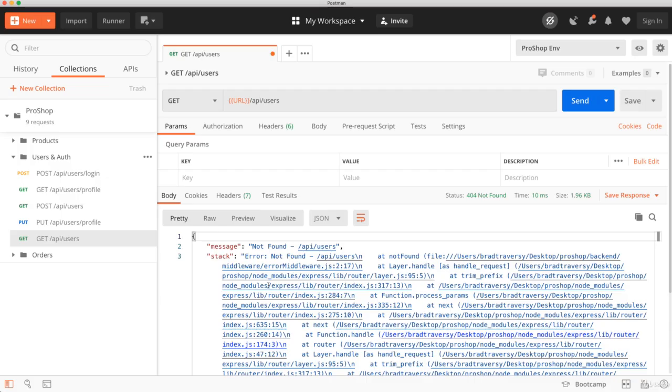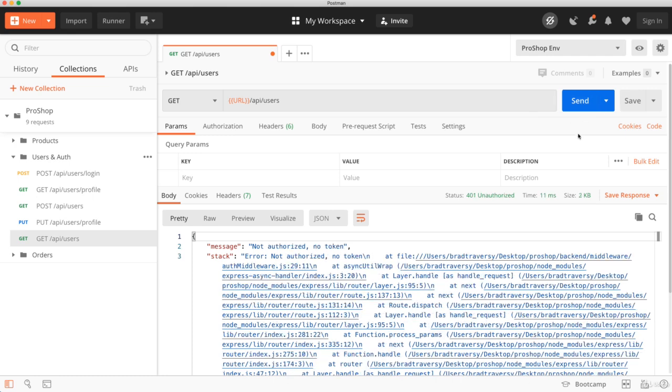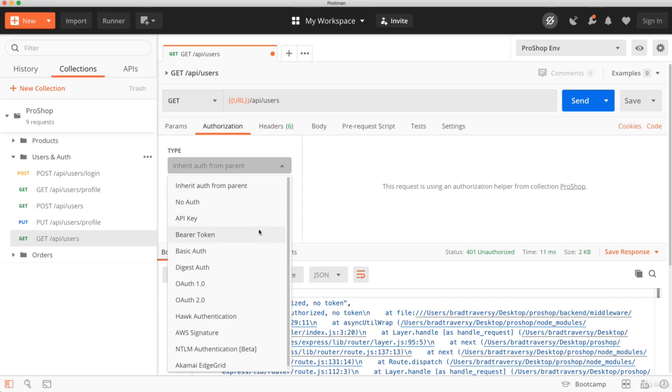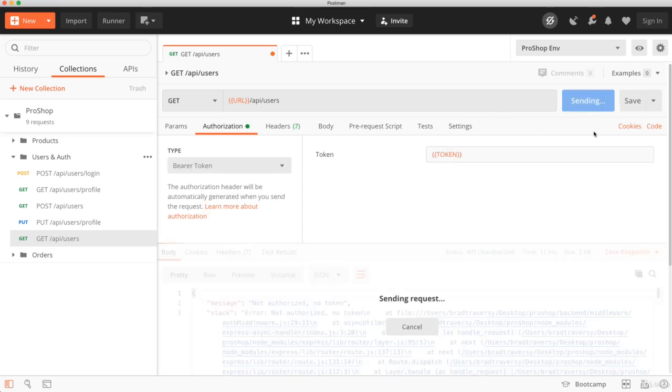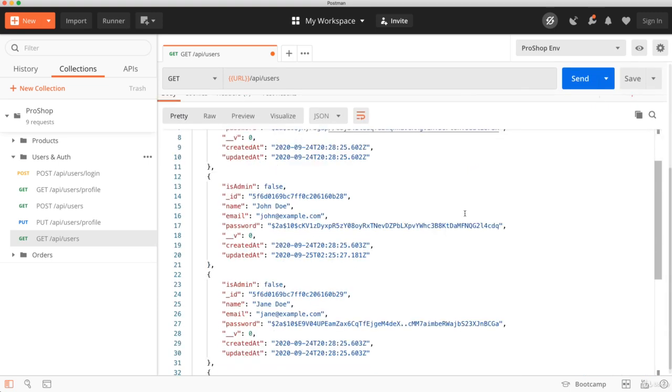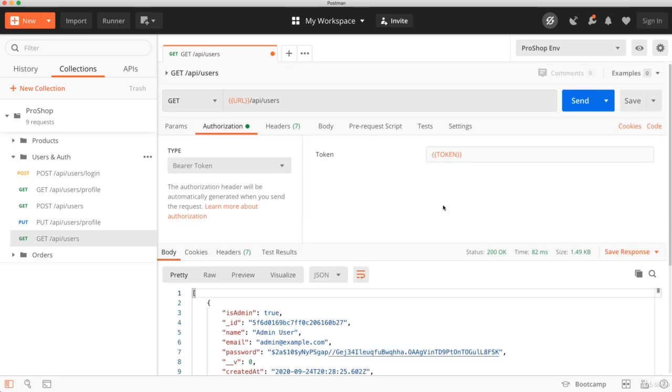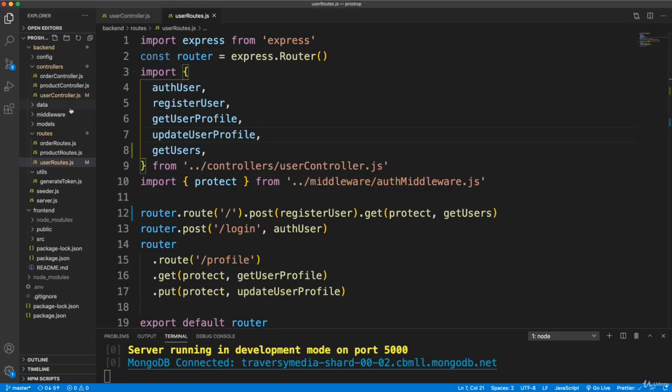So I'm going to save that, and if I go back here and I hit this, it says not authorized, no token. Well, I'm logged in as John Doe, so if I go to authorization and then bearer token and send, it works. Now John Doe is not an admin, so I don't want him to be able to, or anybody that's not an admin, able to access this. So let's go into our auth middleware,